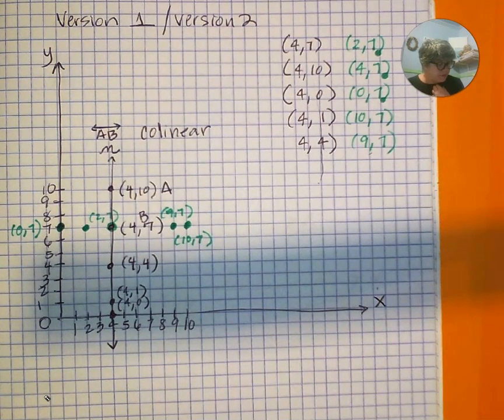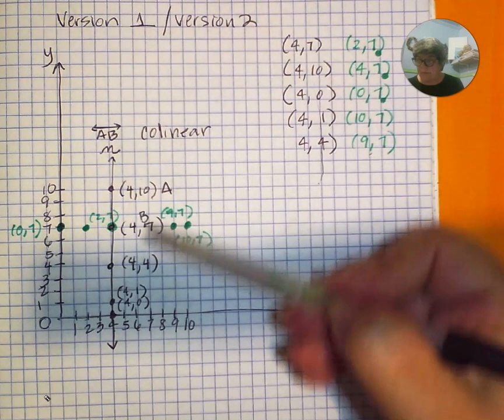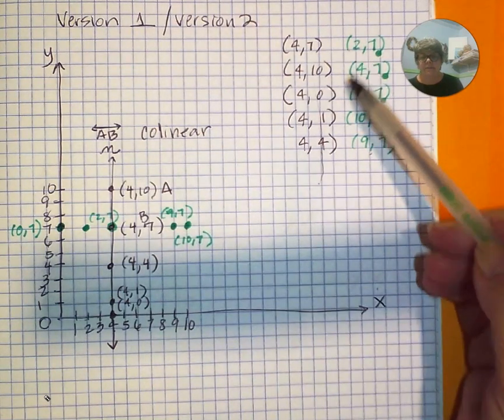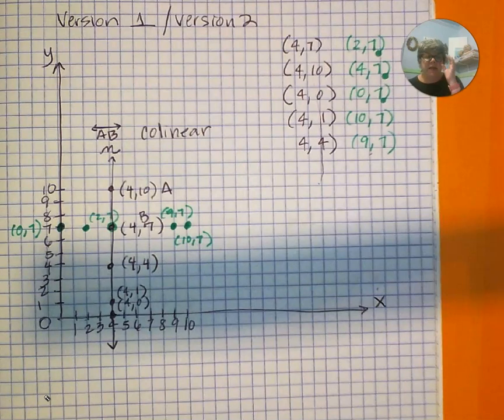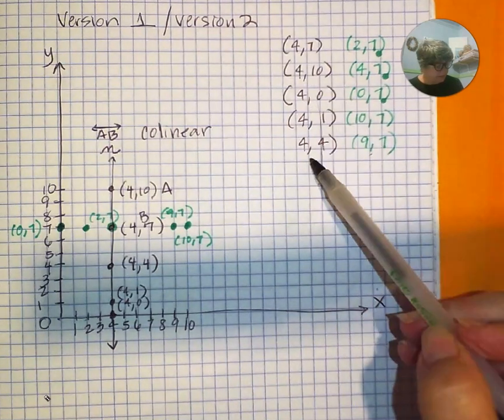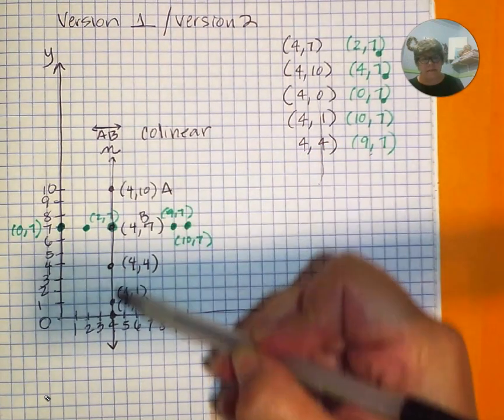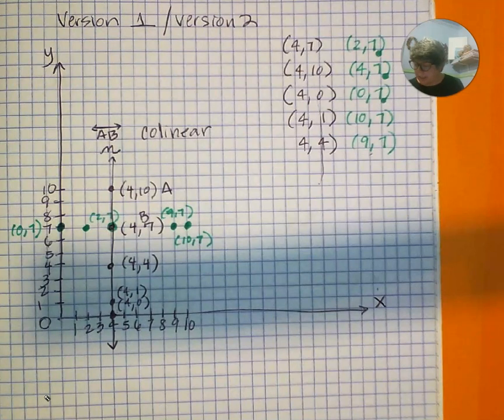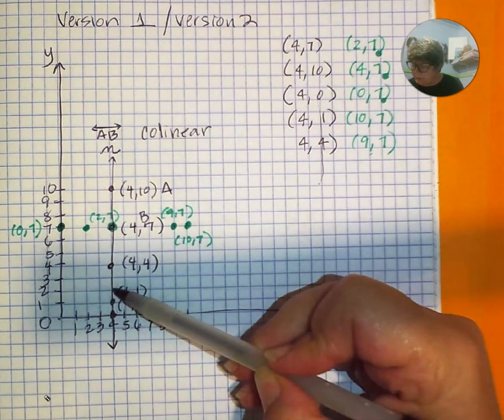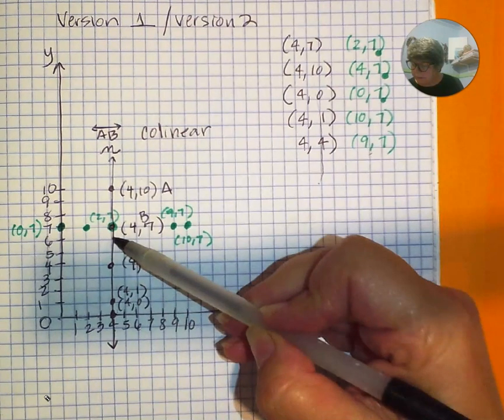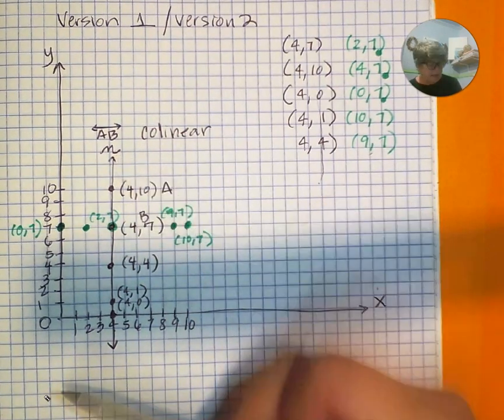What do the ordered pairs for these points have in common? What are you noticing about all of these points? They're all still listed over here. You notice that they all have the x of 4, right? They all have x of 4, the same x coordinate. And we could put other points on here because this line includes all of the points that are there. So we could have 4, 2, 4, 3, 4, 5, 4, 6, 4, 8, 4, 9, every point that's there,